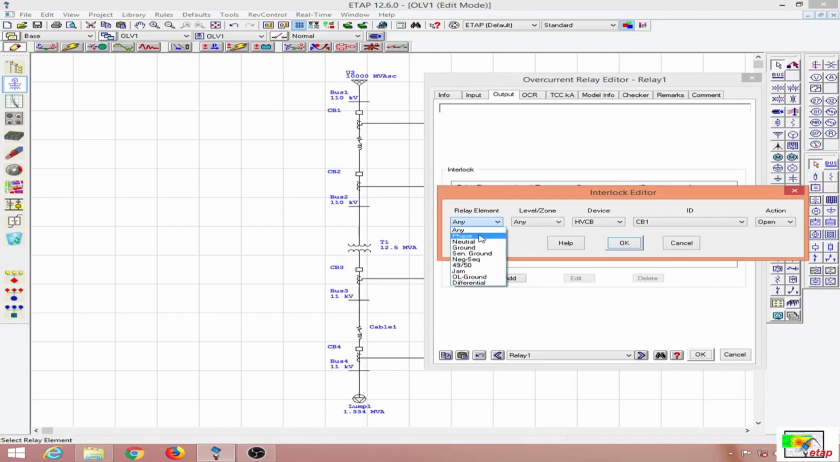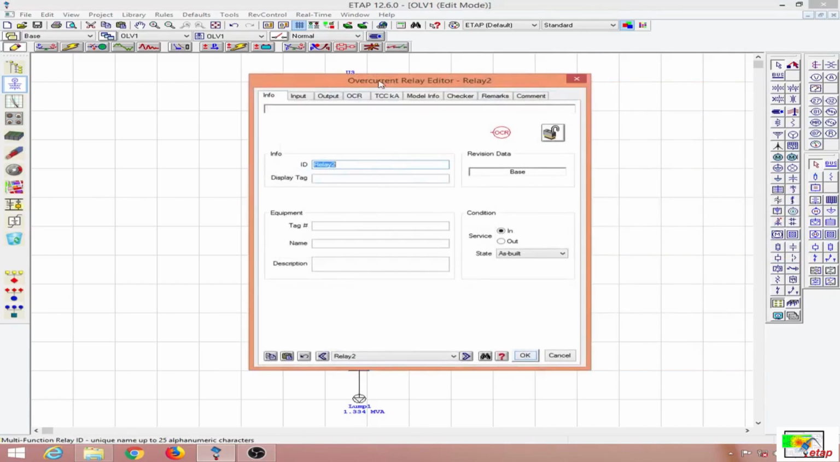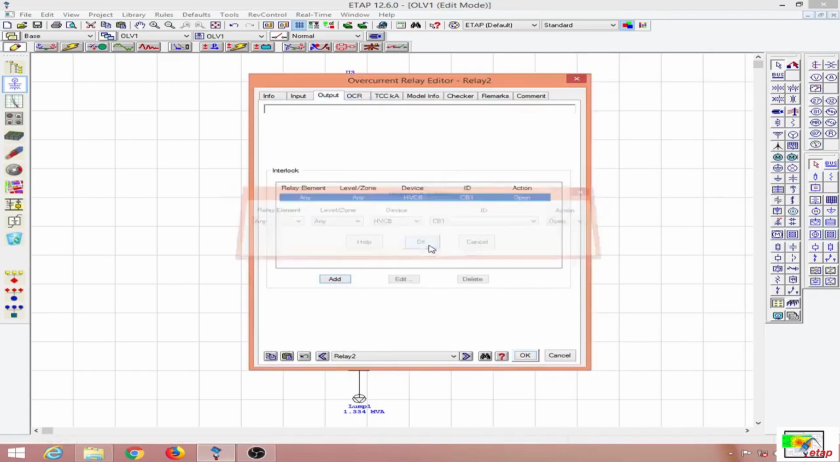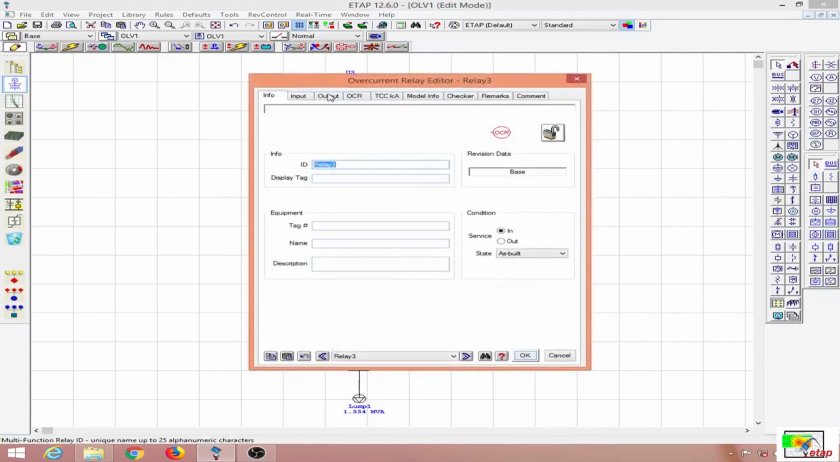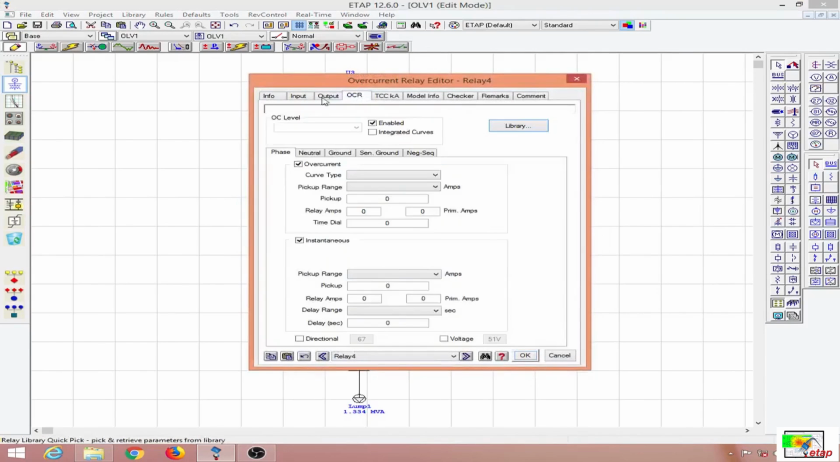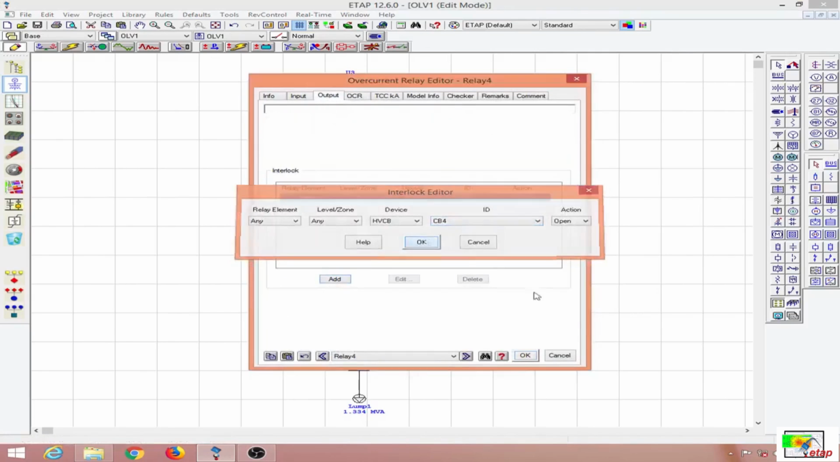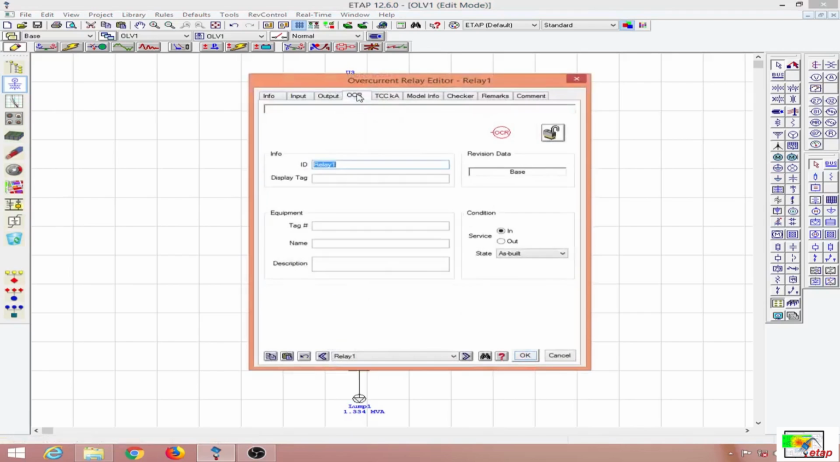I can in particular select the phase element, the neutral element, the ground element, or anything else, but let me keep it simple. So any element of the relay provides trip signal to the circuit breaker, so this circuit breaker will be open. And similarly for these as well. So we have all our outputs configured, and then what we have to do is look at the overcurrent relay